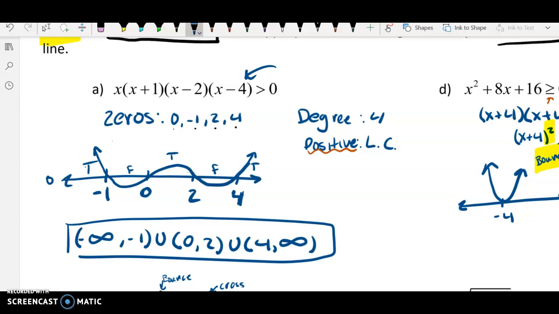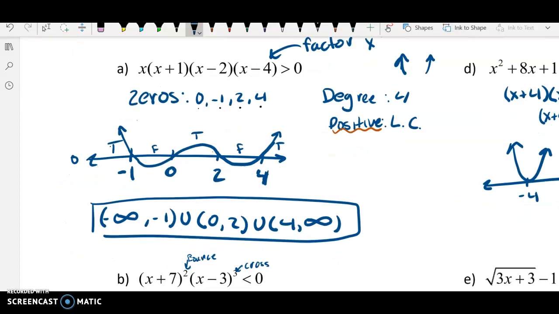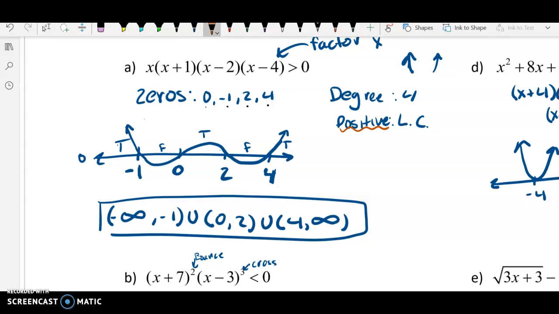If you were to go ahead and factor, you would get your leading coefficient as x to the 4th. Yes, it's positive and it has the degree of 4, which resembles an even, or it resembles a quadratic, which has the end behavior as x approaches negative infinity goes positive, and the same for when x approaches positive infinity. So then here you know your end behavior of your graph is both positive, and then from here